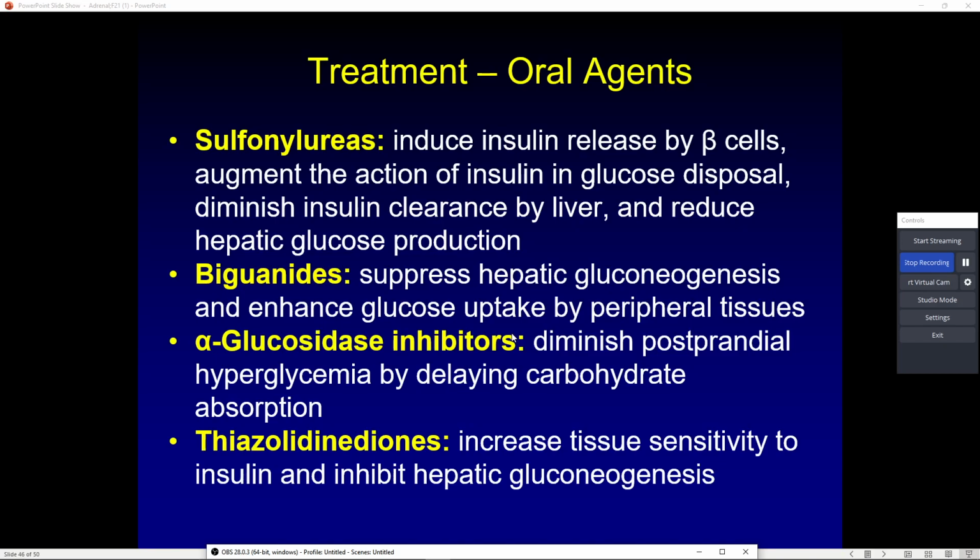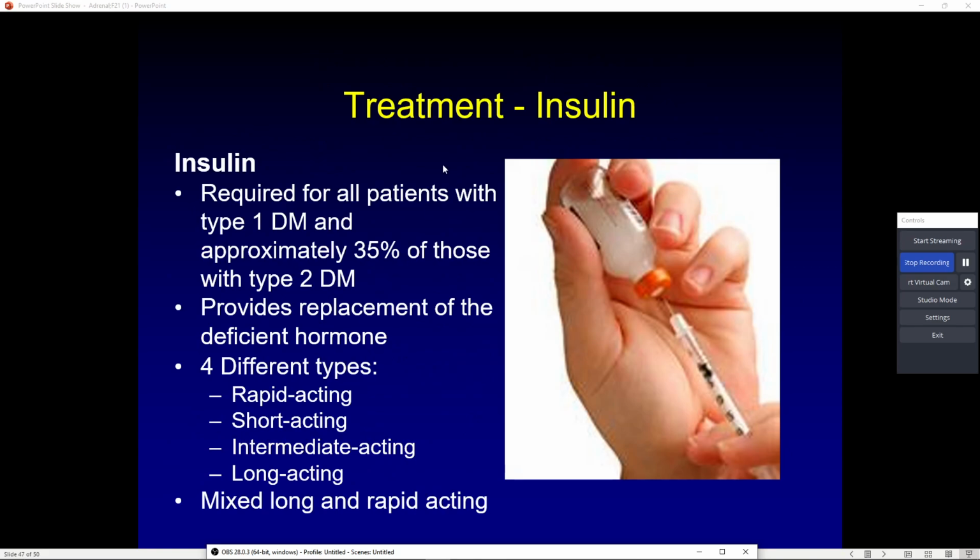With alpha-glucosidase inhibitors, we're diminishing hyperglycemia by delaying carbohydrate absorption in the GI tract. Thiazolidinediones, I still said it wrong, increase tissue sensitivity to insulin. In other words, make it to where the cells change the locks back to the original lock so that your insulin works better on those cells once again. Okay, these don't always work. The direct treatment, though, in the short term and management of DKA or HHNS is going to be an insulin drip or subcutaneous injections of insulin or exogenous insulin.